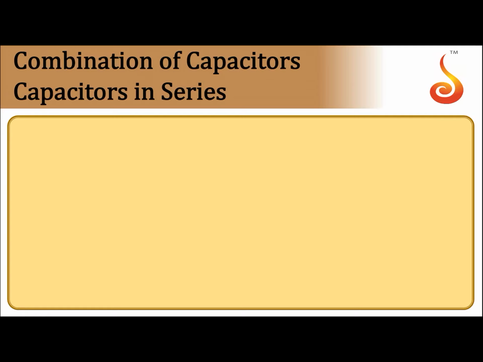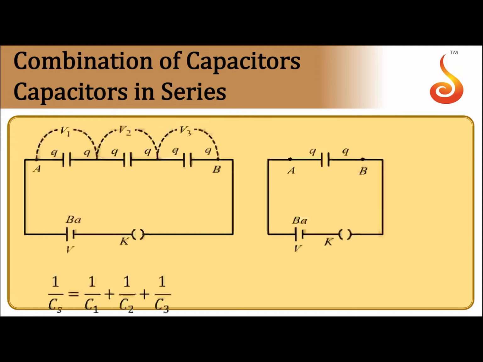Combination of capacitors. So the first method of combining capacitors is connecting them in series. So capacitors in series. A number of capacitors are said to be connected in series if they are connected end